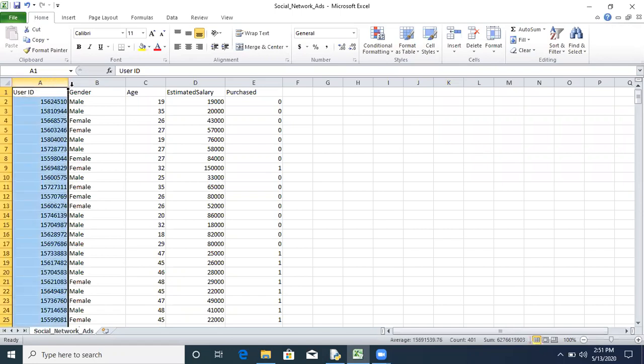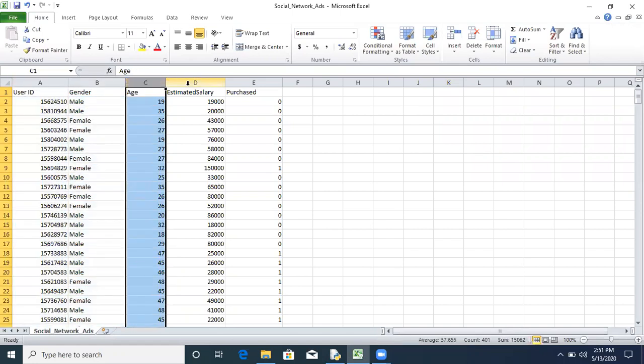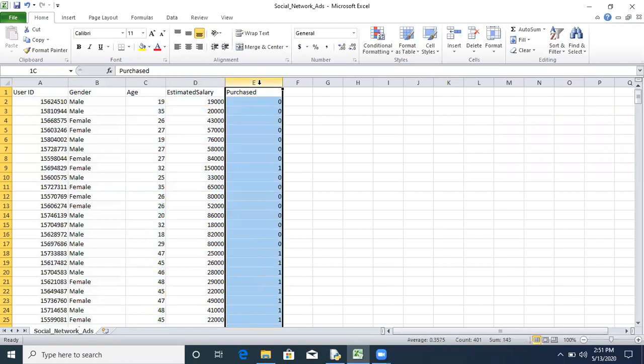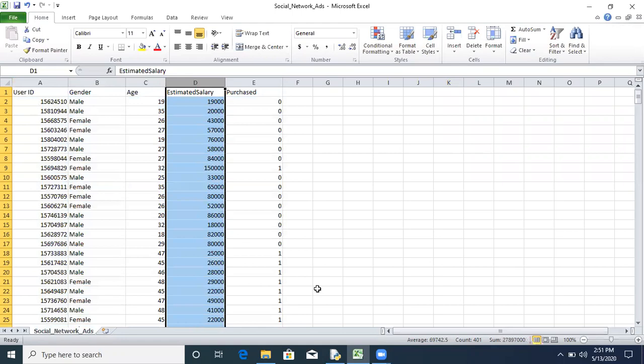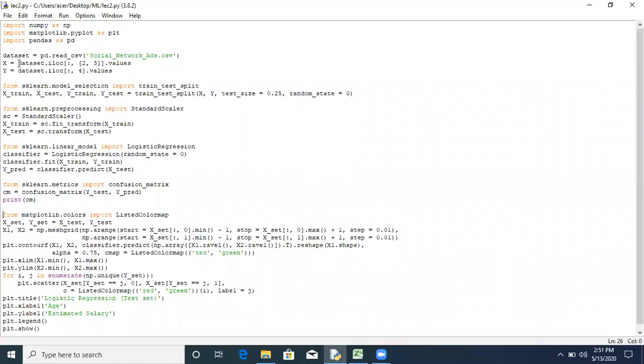So 0, column number 1, column number 2, 3, and 4. So out of these 5 columns, we are taking age and estimated salary as inputs. So we are taking it under X. I have already discussed this allocation in the previous lecture, so you can visit the first lecture.